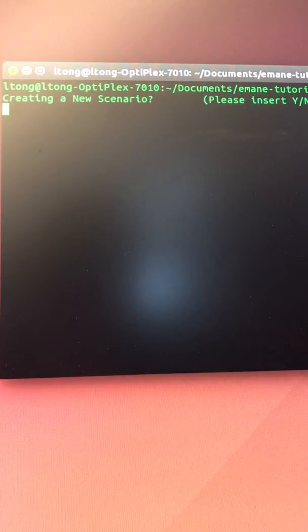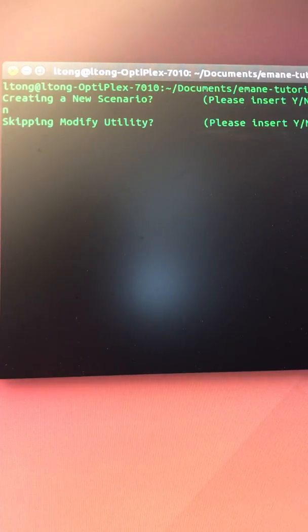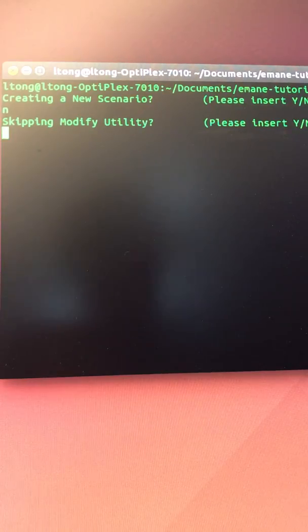it looks like this way, and first we'll ask you if you want to create a new scenario, and this will link you to the scenario generator, a small script I wrote for random mobility scenario. So we'll just say no because I have already generated one, and